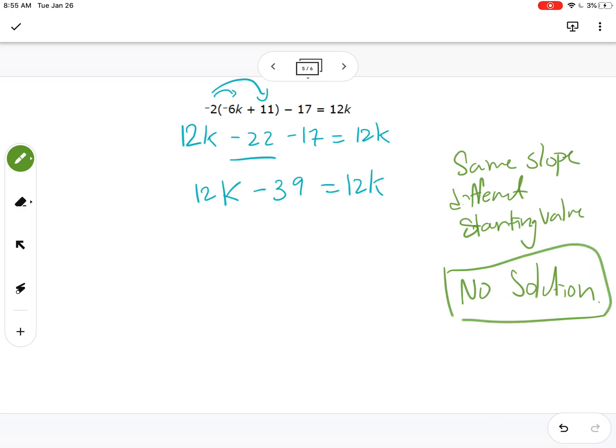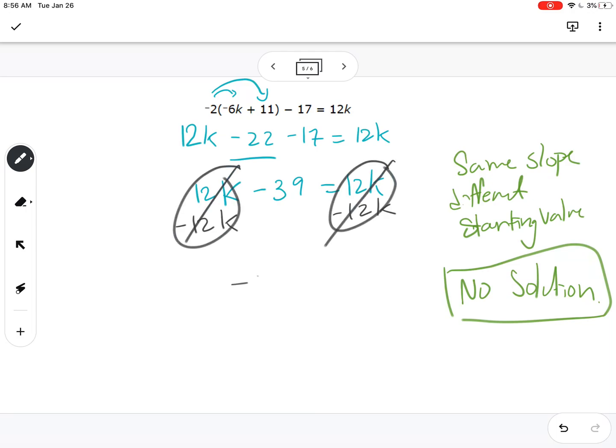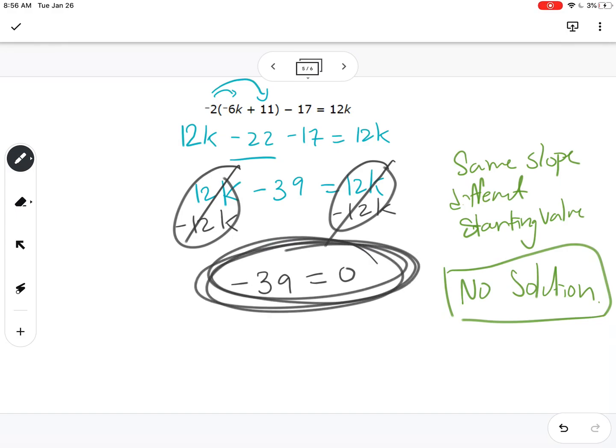Well, let's look at this algebraically, okay? Because I feel like a lot of you are thinking, okay, I can use these little conditions to define if something has 1, 0, or infinitely many solutions. So again, remember, if you're trying to solve for a variable, you're trying to isolate it or get it by itself. So I'm going to take away 12k from both sides to keep the equation balanced. That's a 0. That's a 0. I'm left with negative 39 is equal to 0. Immediately, you should be like, that's false. Because it's a false statement, which means it doesn't matter what value of